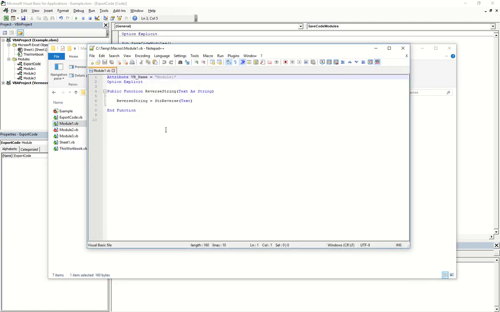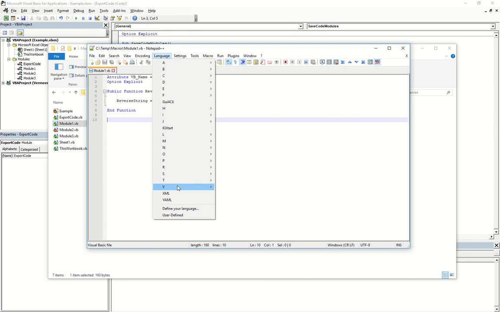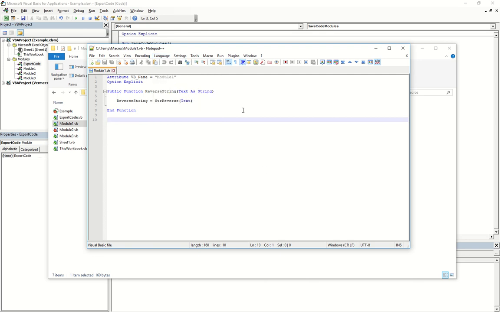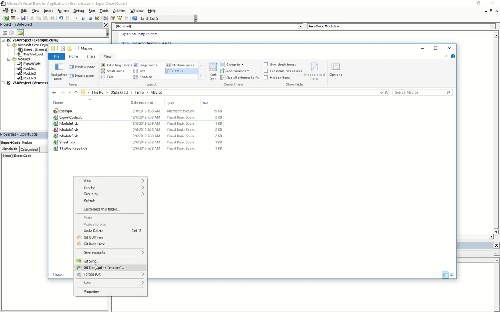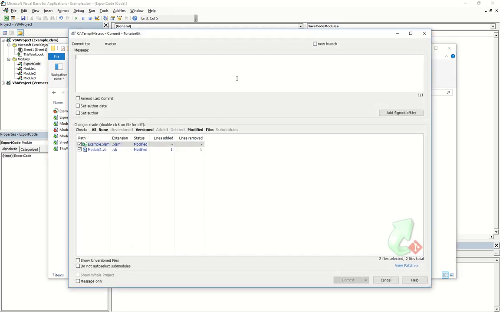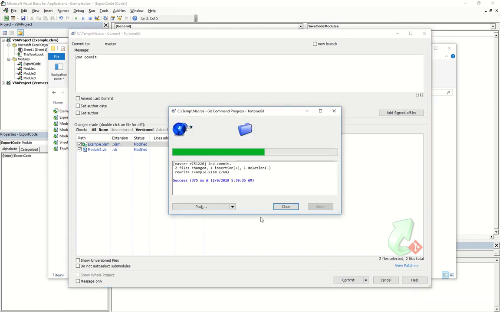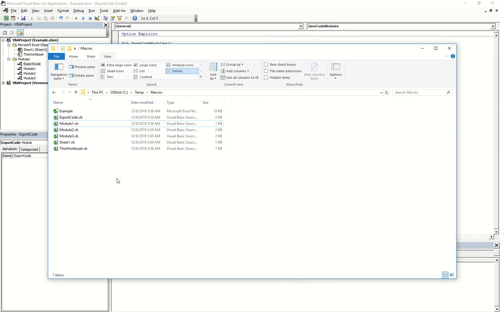I like to use .vb because in Notepad++ it does syntax highlighting with Visual Basic. Visual Basic VBA is not exactly VB, but it's close, so it mostly works just for looking at it. Okay, so now if we commit, you know, everything's